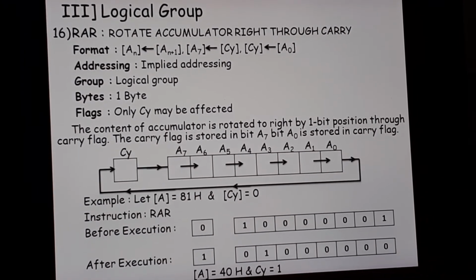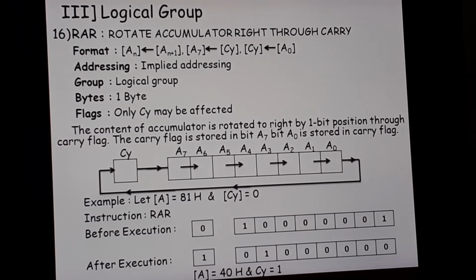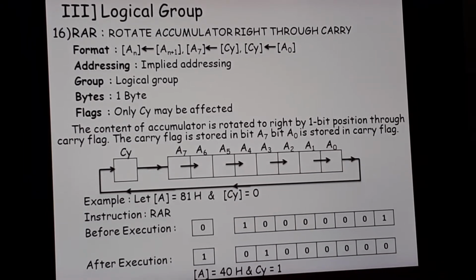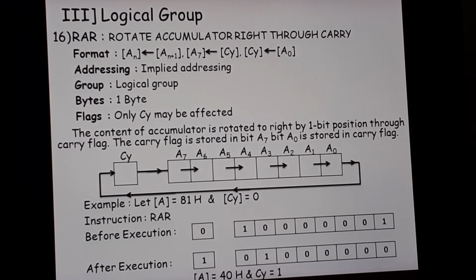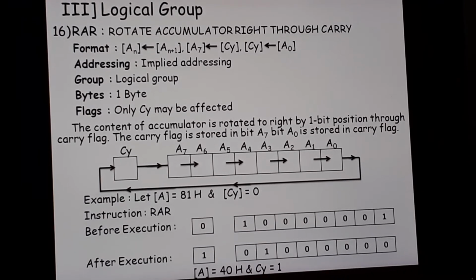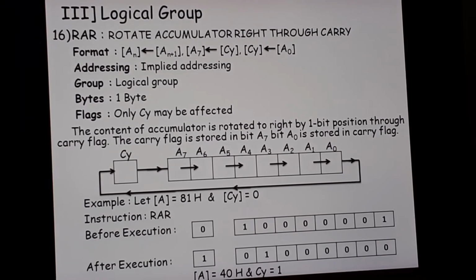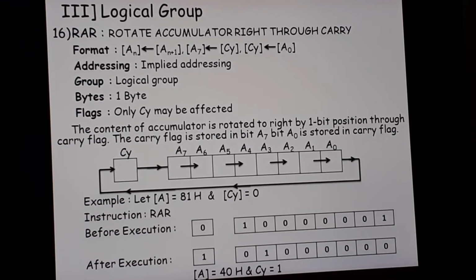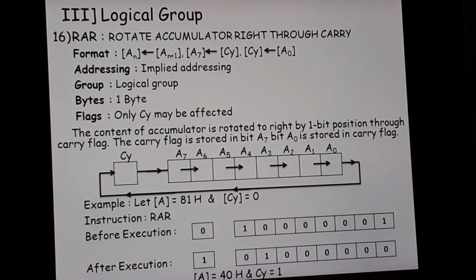Okay, the next instruction today we will be seeing is rotate accumulator right through the carry. In the previous instruction we rotated the accumulator left through the carry. Now we'll be rotating the accumulator content right along with the carry flag. So the format will be the opposite of the left instruction. A0 bit will be shifted to CY, CY to A7, and AN plus 1 to AN. Addressing mode will be implied, group will be logical group, bytes is 1 byte, and